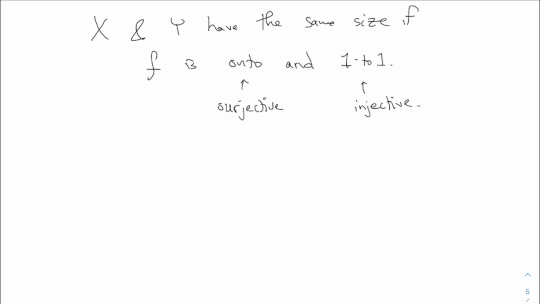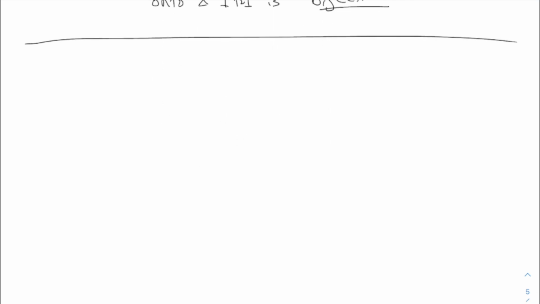Does anyone remember the word for if it's both of them? Yeah, if it's both of those, which is what I want it to be, onto and one-to-one, it is bijective, or that's the adjective version, or you could say as a noun, f is a bijection. That's what I'm usually going to call this. Onto and one-to-one both is called a bijection. All right, so just a little review. You may have forgotten this since discrete math.